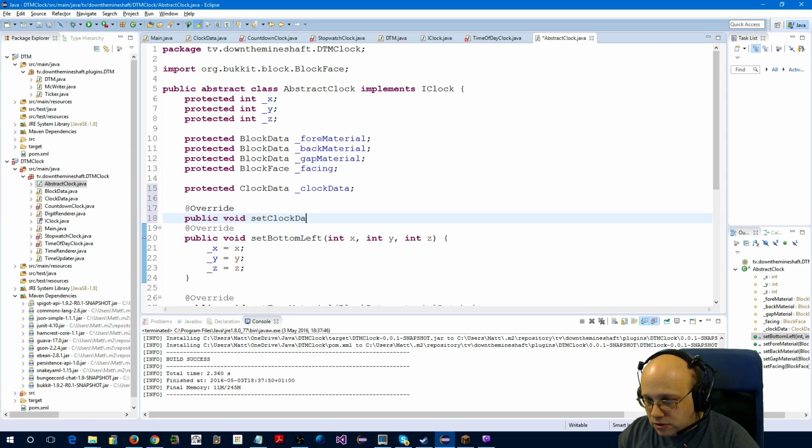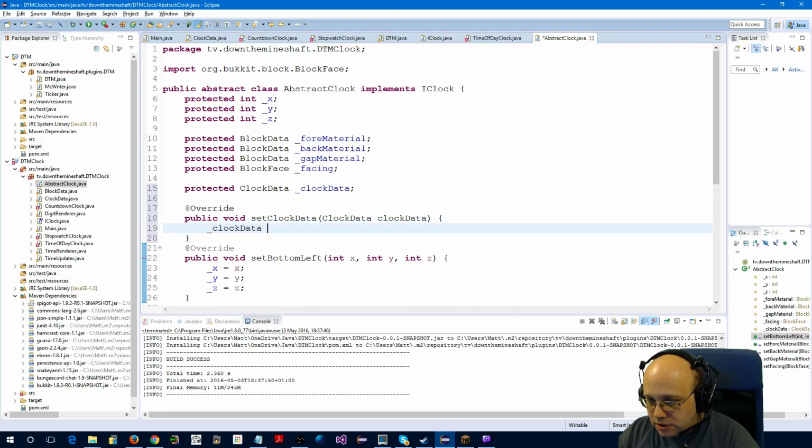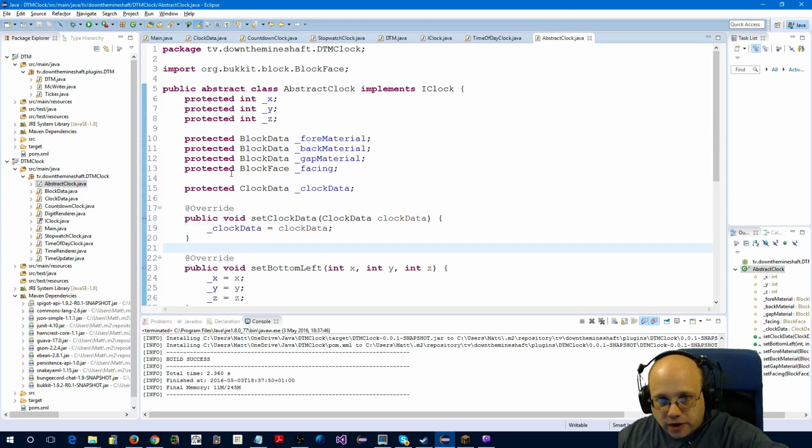Void set clock data equals clock data. There you go. Right, that's implemented all of that, and all the errors have gone away. That's good. Now what it means is that in